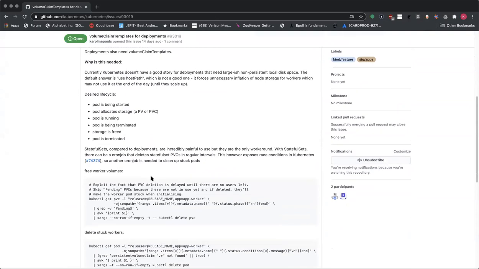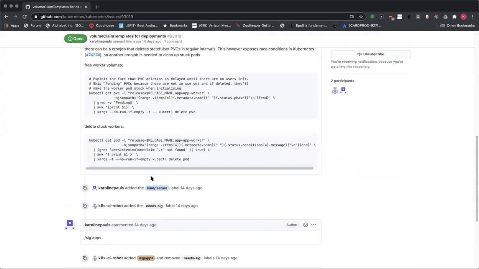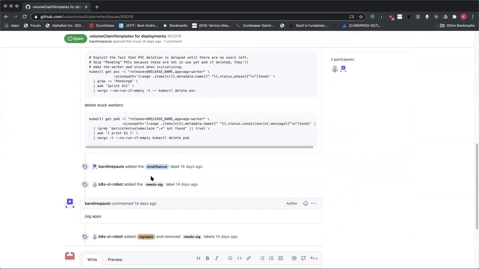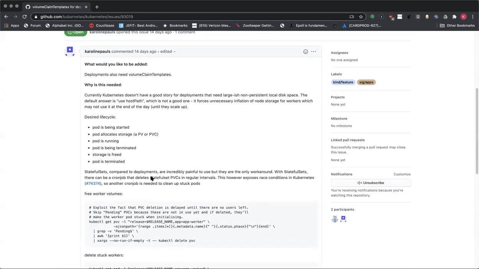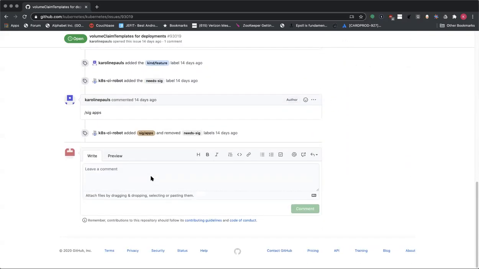So I don't think we can do this. I don't think it makes sense necessarily. I don't even know what it would look like because deployments create replica sets, and they create fungible pods. And it seems like what this person wants is to add volume claims template to deployment.